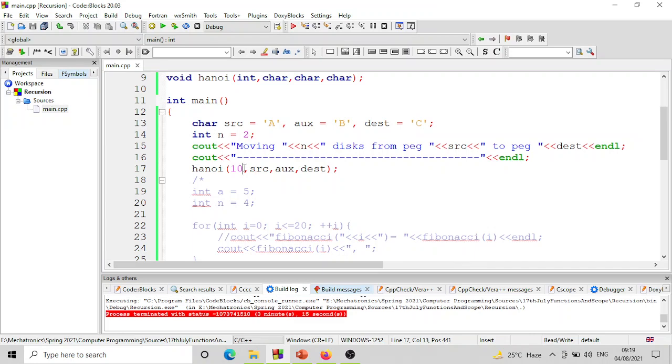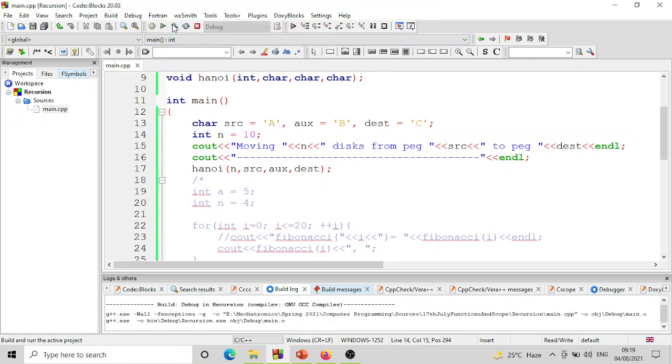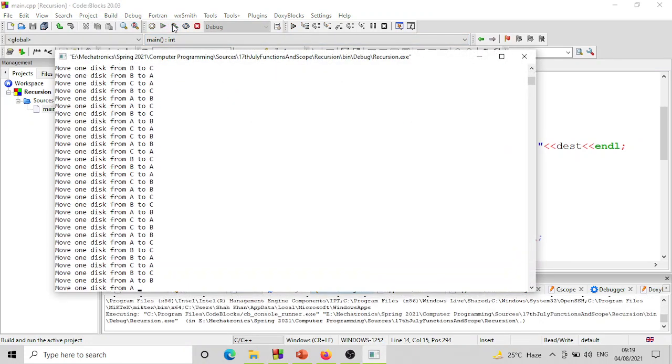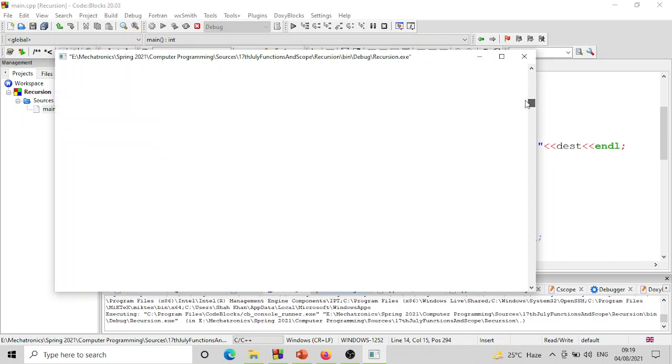This is n, and n is equal to 10, ठीक है। So this is the sequence of steps that we need to follow in order to move n disks or 10 disks, ठीक है। ये 1023 steps हैं जिनको हमने follow करना है,